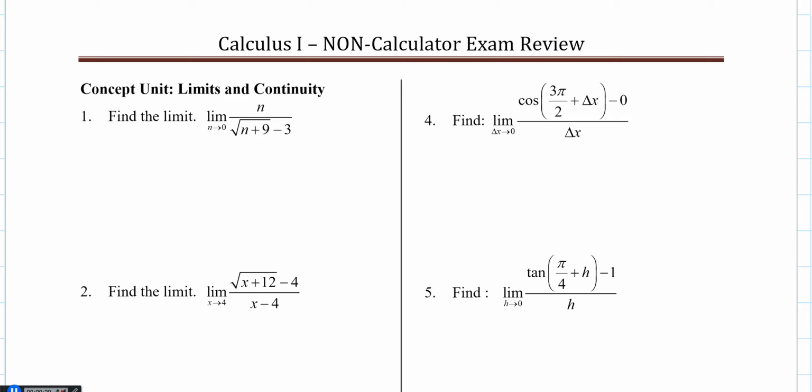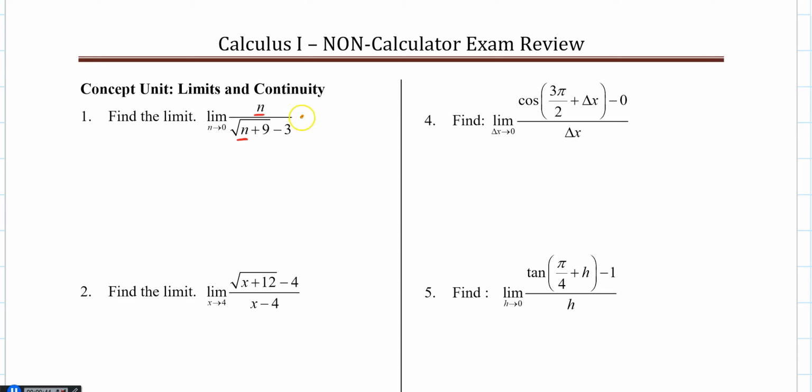So if we try to directly substitute a 0 for n, both the top and bottom, I get 0 over the square root of 9, which is 3, minus 3, which gives me 0 over 0, which is indeterminate form, so that means I have to do something else to get my solution. So what we're going to do